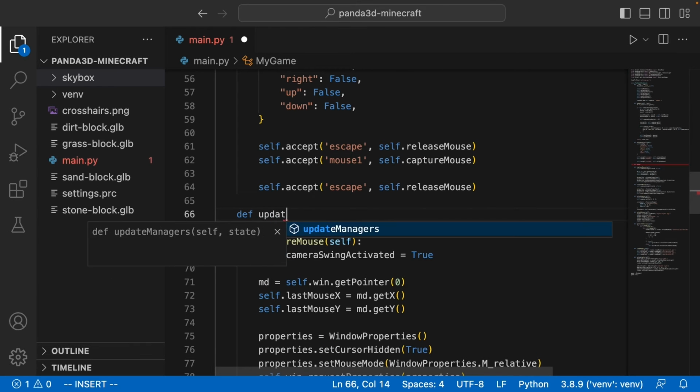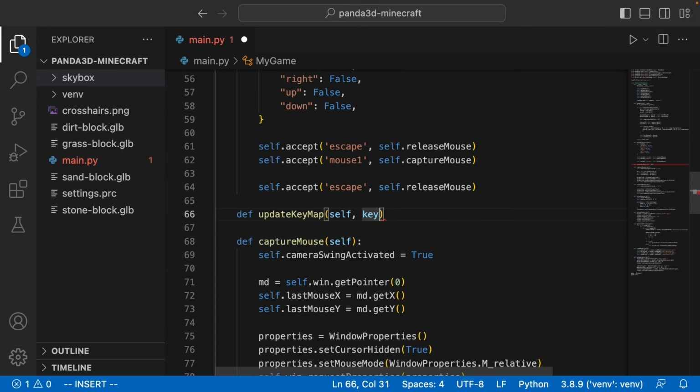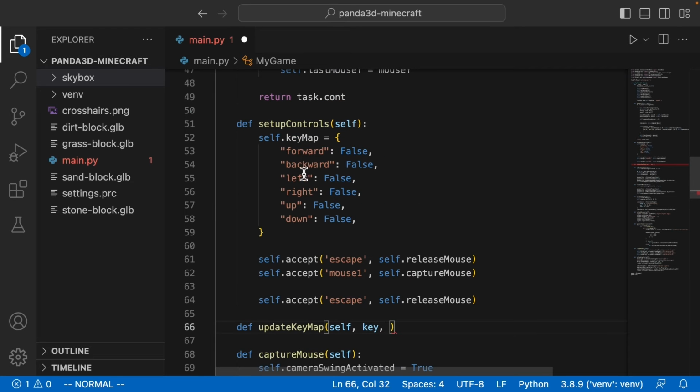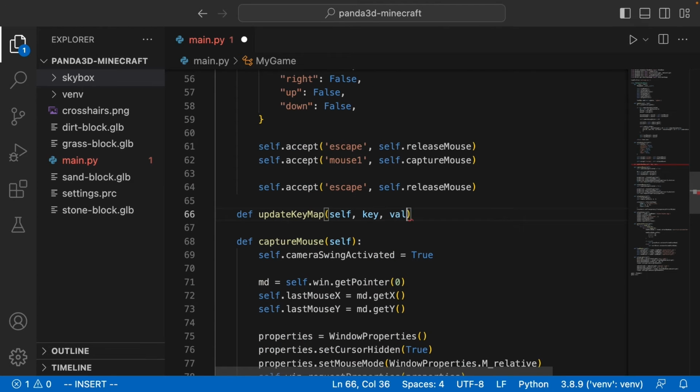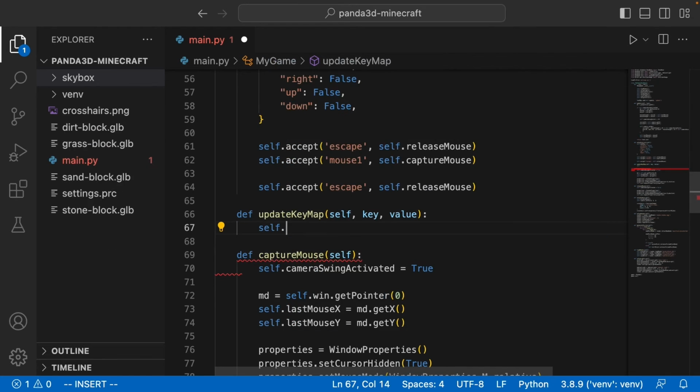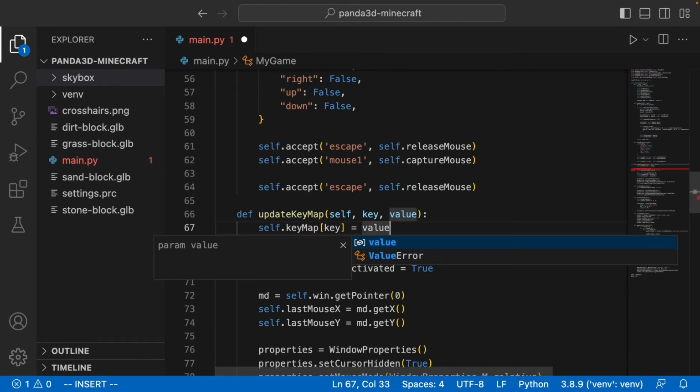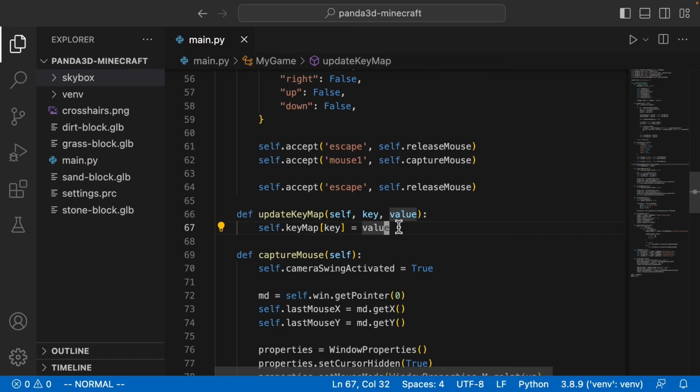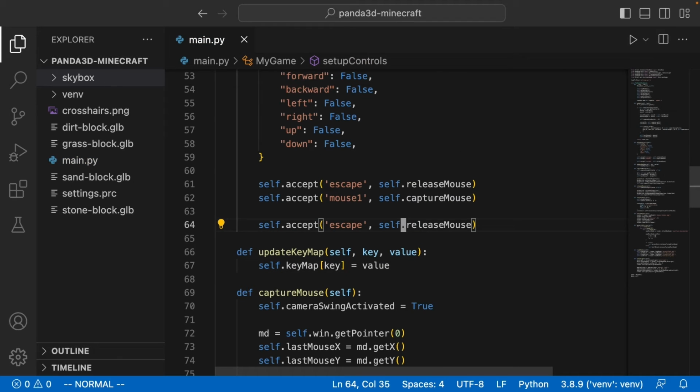We're gonna say update key map, and all that this is gonna do is it's gonna take a key as an argument, right? So that's gonna be forward, backward, left, right, etc. And then it's gonna take the new value that we wanna set that to as an argument as well. And all that we're gonna do here is say self.keymap key equals value. All right, so that might seem like kind of a silly method, but basically what we're gonna do here now